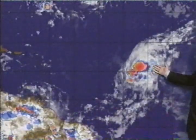Here's a look at the storm right here. Again, not looking overly impressive now, but anything can happen as time goes on. We'll be watching it very carefully for you. If it gains enough strength, it could make its way through that trough of low pressure. We've also got some concerns right here. You can see this flow, this counterclockwise flow across the